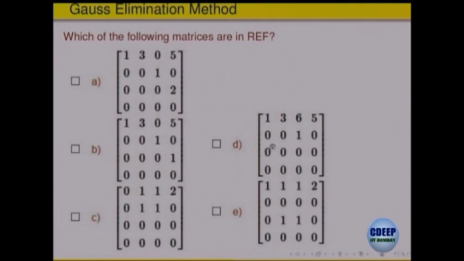What about the last one? This is D. It is, because there are only 2 non-zero rows, the bottom rows are 0. The first one is coming at column 1, and in the second row it is coming at the third place, that is the right side of the first one. Okay. The last one,